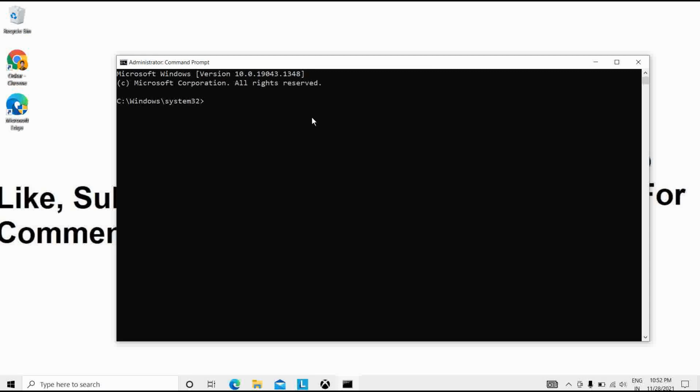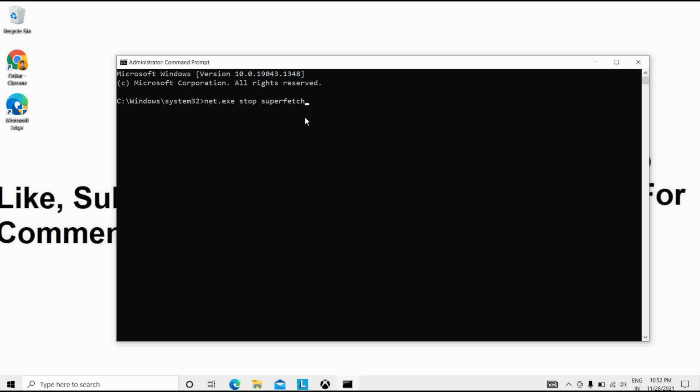Then you have to type one command, that is net.exe stop superfetch. You have to type the command exactly as I am typing here.